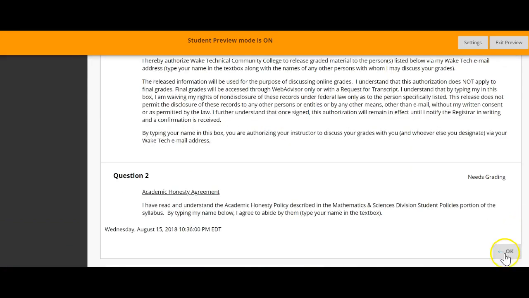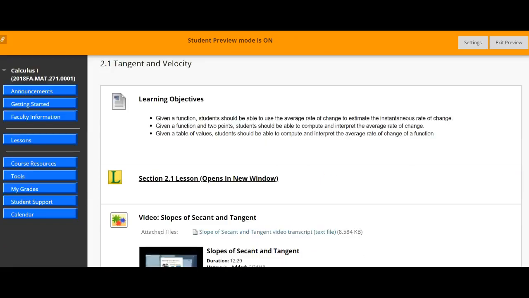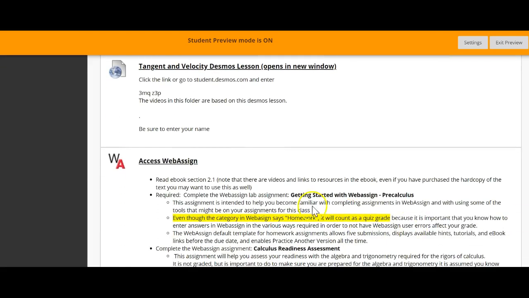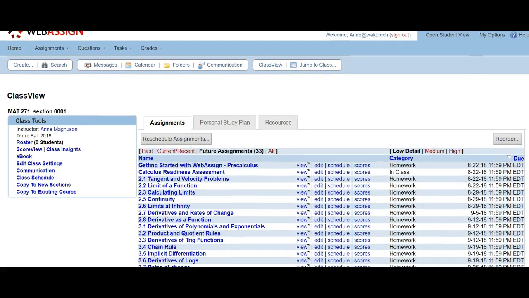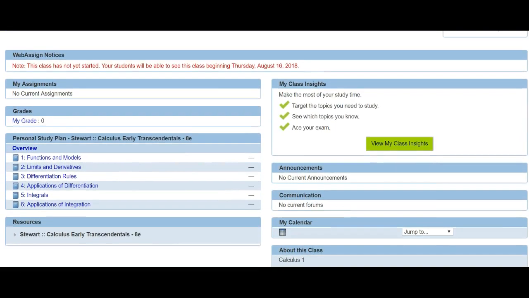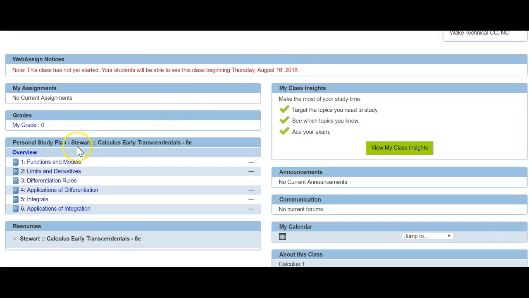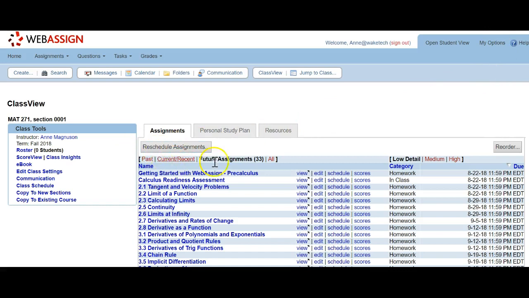Now notice when I go back to the folders that contain the lessons, there is a link to WebAssign. If I click this link, this is what WebAssign looks like. This is my view. Let me show you the student view. I'm making this course tour video before the course starts, so we're not able to see any assignments yet. If I close that student view and go back to the faculty view, I just wanted to show you